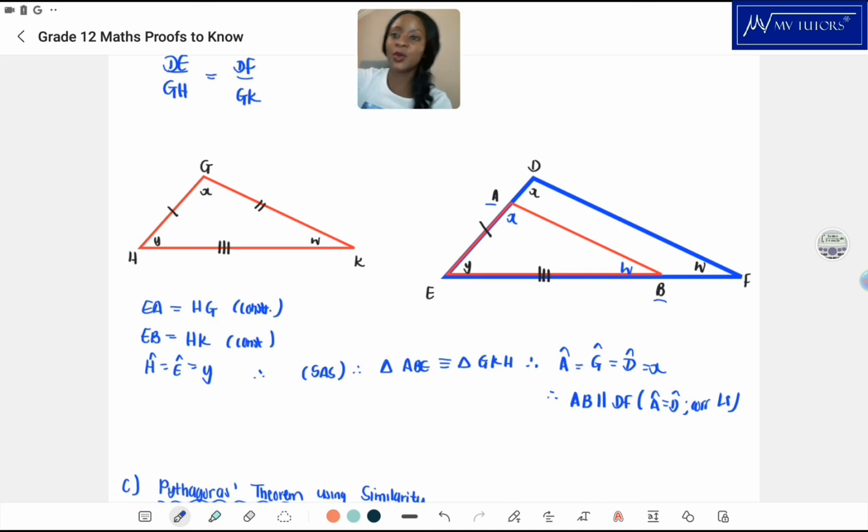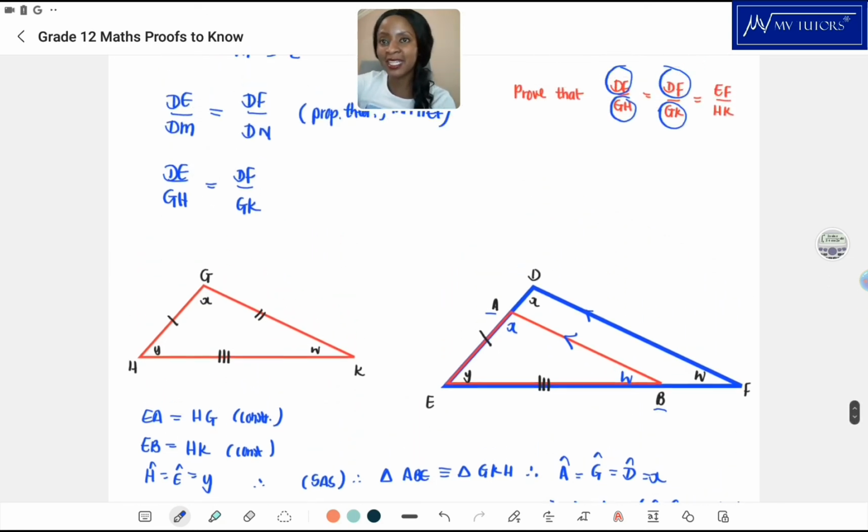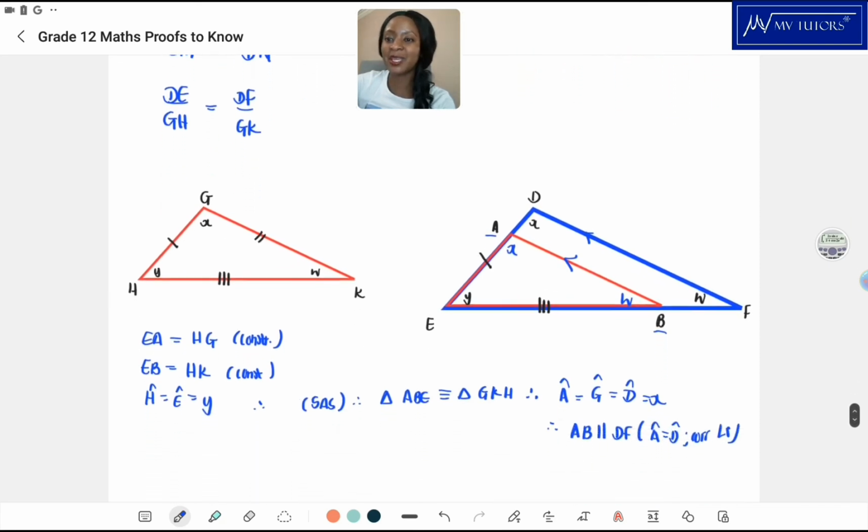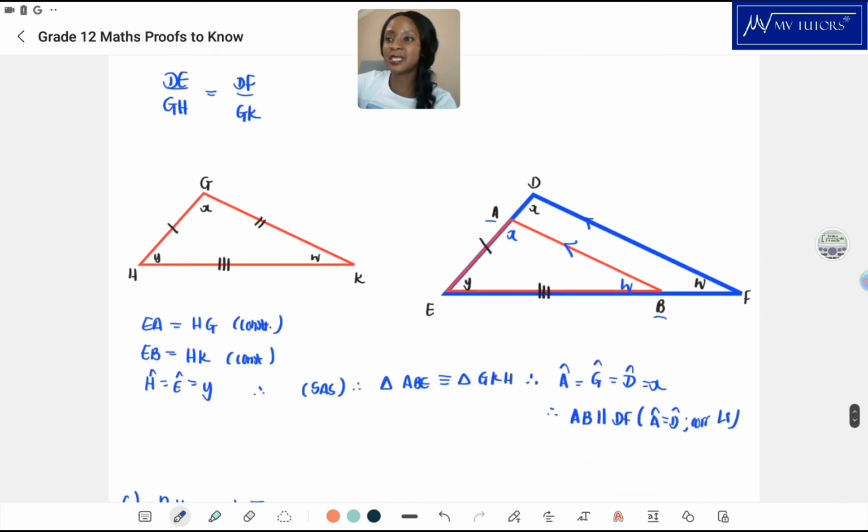Alrighty, so we have our parallel lines over here. That means we can then use the proportionality theorem. Okay, so what are we left with again? We're left with EF. Okay, and you want to say DF. Where is DF? Okay, DF. Alright, so we could say then that DF over